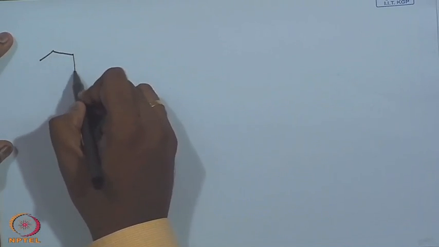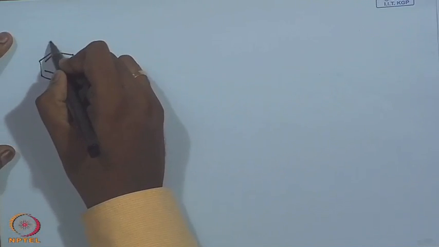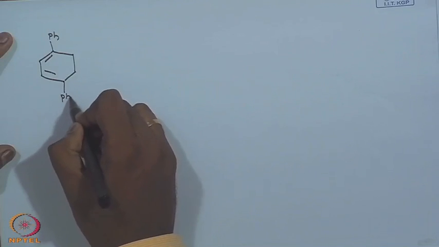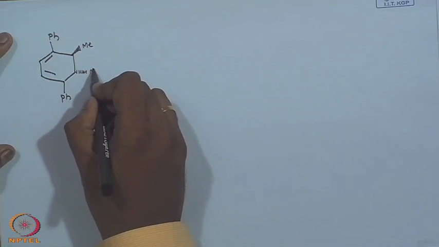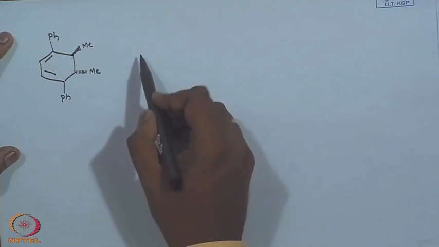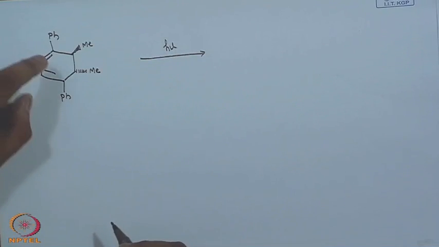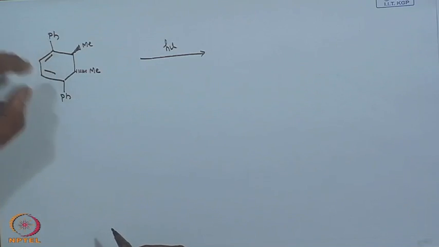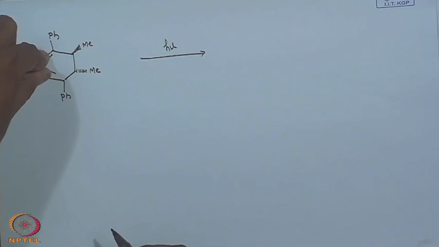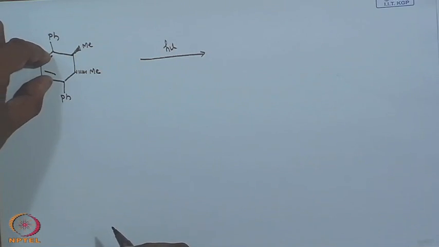Now, we will take another example where you have phenyl, methyl, okay, I am taking this. Now, I am photolyzing this. So, what system is it? I am saying that you have to consider only this one. So, it is a 4n system for me, because 2 electrons are involved. So, it is a 4 electron system for me right now. See, you should not go for this, just consider this 4 electron system.